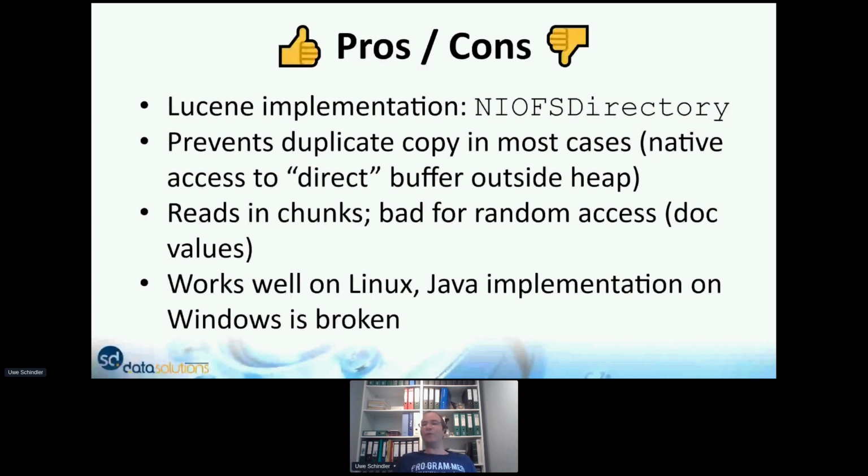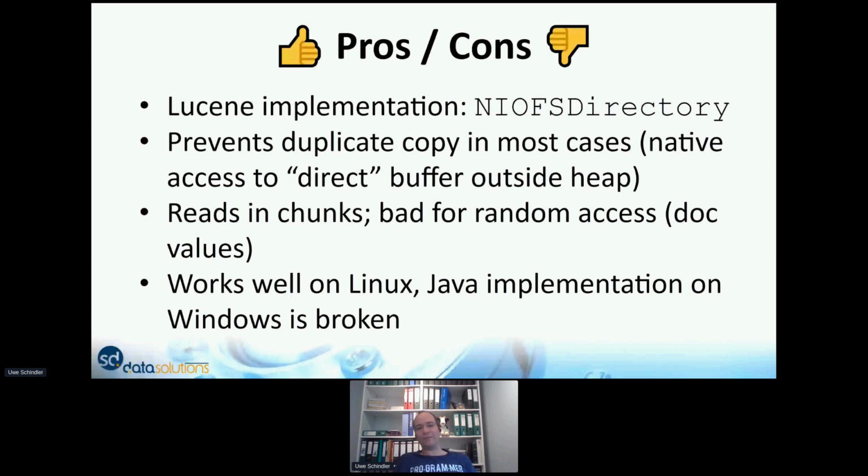And this is a good thing for Lucene in some cases, but there are still problems. You have to read the whole stuff in chunks, because whenever you want to access something on disk, you have to do a syscall. So you want to spare syscalls, because you need a transition to the kernel and back. You have to do all this copy stuff. Because of that, you're copying a larger block of data into that internal JVM direct buffer that you're working with.